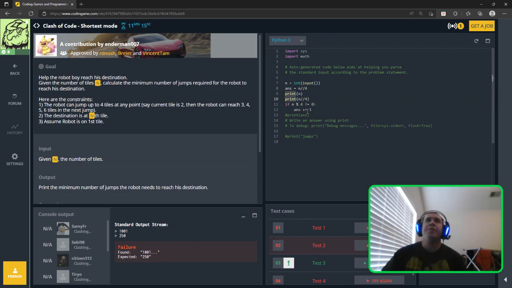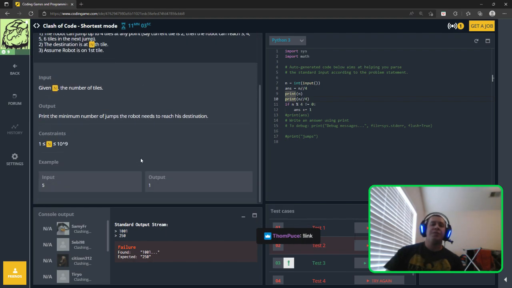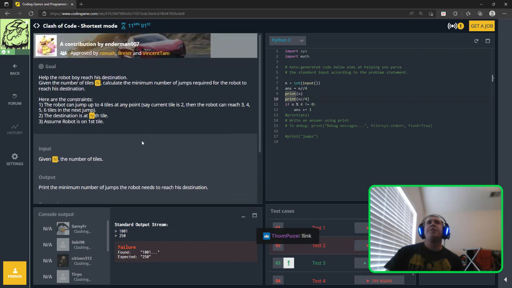Oh. Well, yeah, expected 250. So that's weird. Print the minimum number of jumps the robot needs to reach his destination. So we got